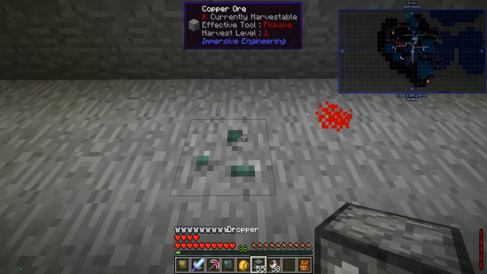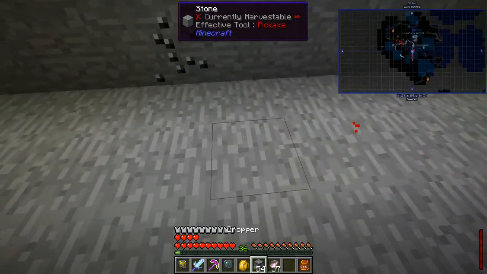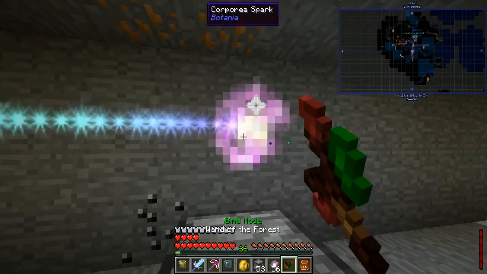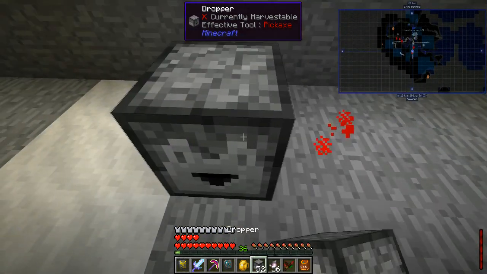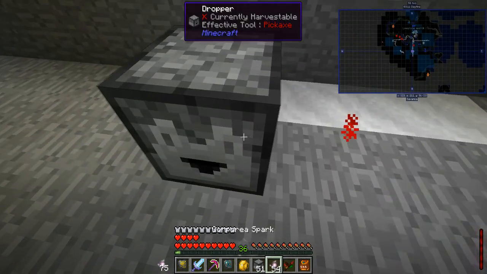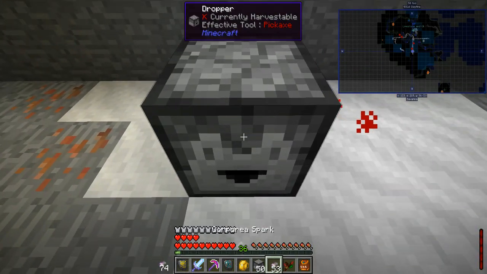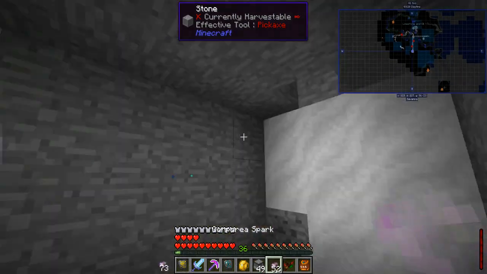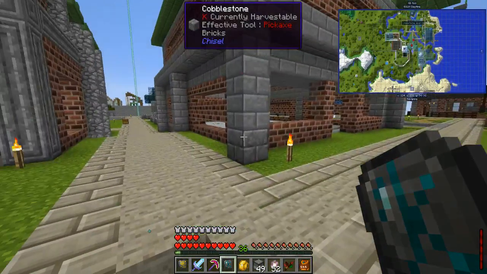And last but not least, our droppers and Corporea sparks. So I think it lined up just like this. I guess we could take a wand here and double check. Yeah, so that's all linking still. Awesome. You can go here, Corporea spark. You can go here, Corporea spark. And last couple right here, and last here. Okay. So this gets us over to roughly where our clay area is,